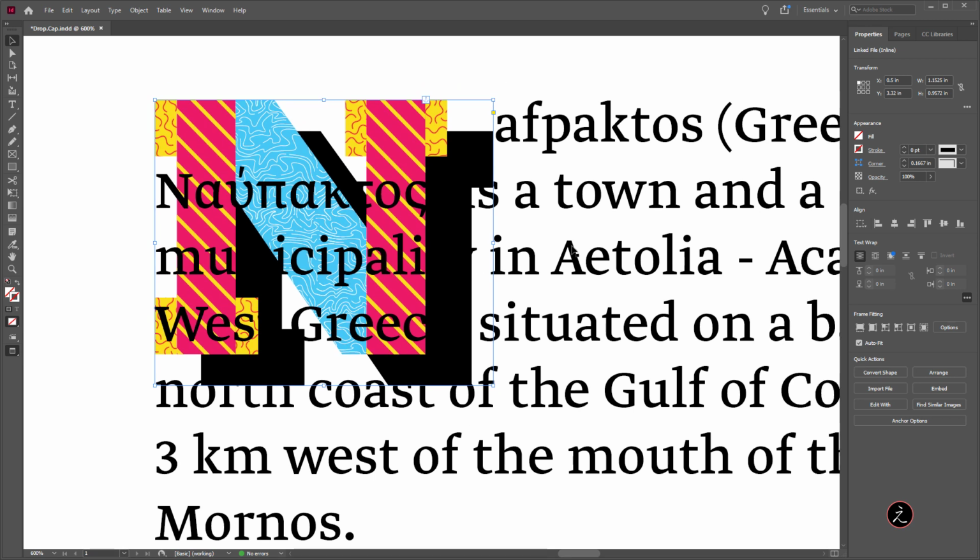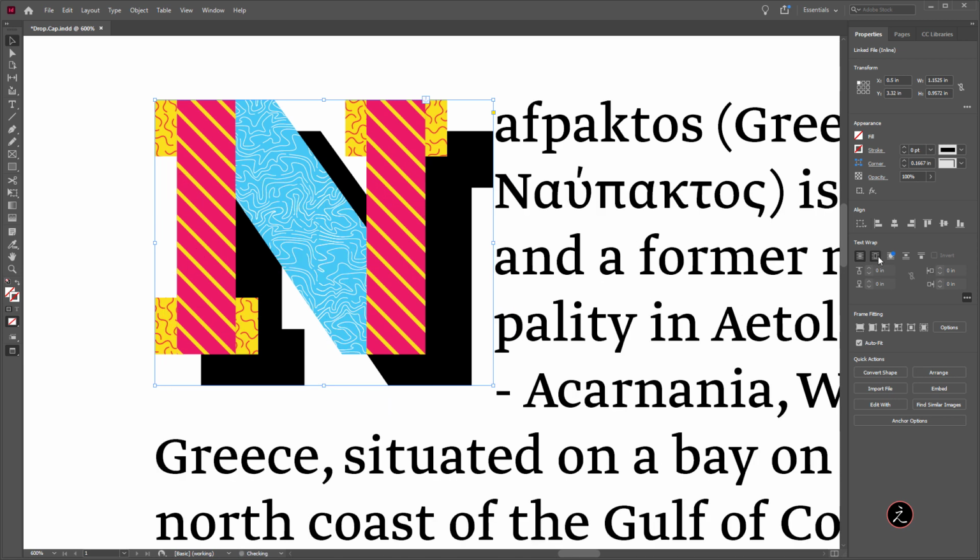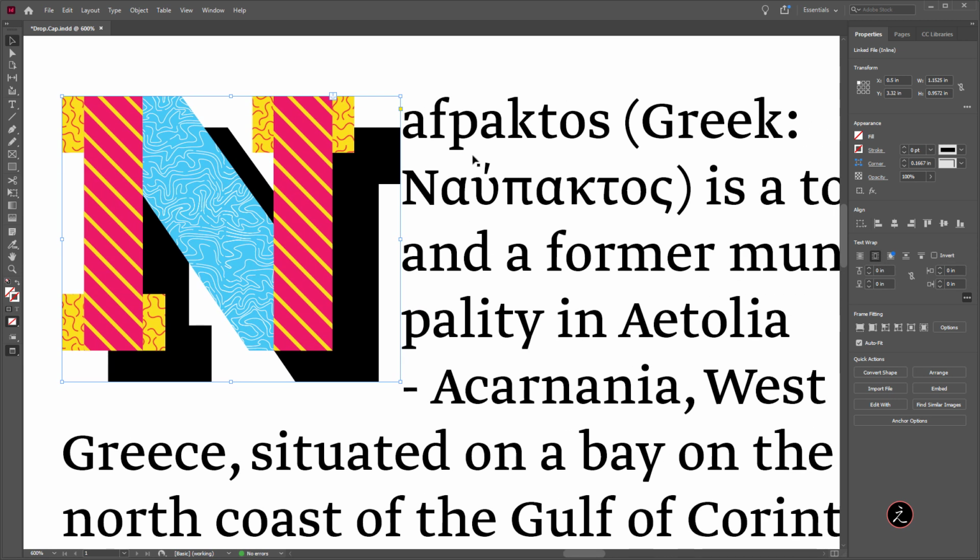Now, the last step is to specify how the text will wrap around the drop cap. So under the text wrap and inside the properties panel, right now we have no text wrap. So we're going to go for the second choice, wrap around bounding box. Click on that. There we go. Now we need to have a little space here.